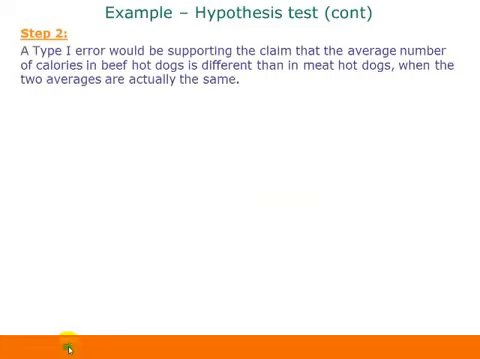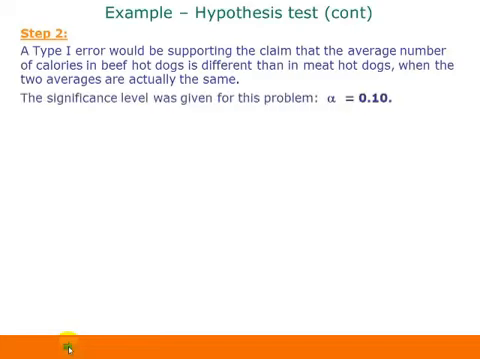For step 2, a type 1 error would be supporting the claim that the average number of calories in beef hot dogs is different than in meat hot dogs when the 2 averages are actually the same. The significance level in this problem was given as alpha equals 0.10. For step 3,